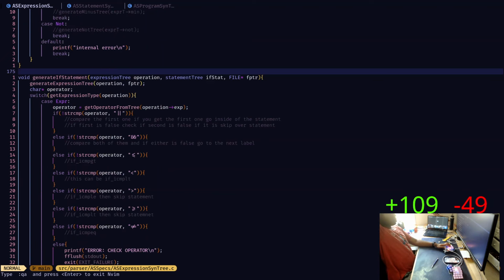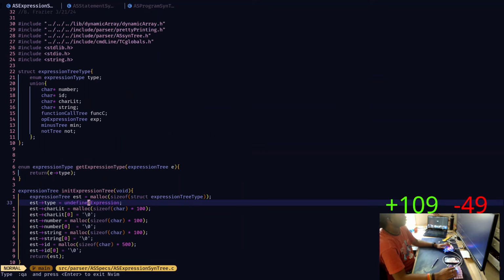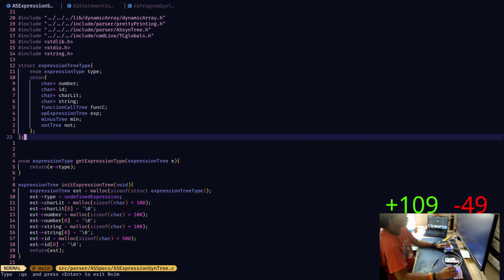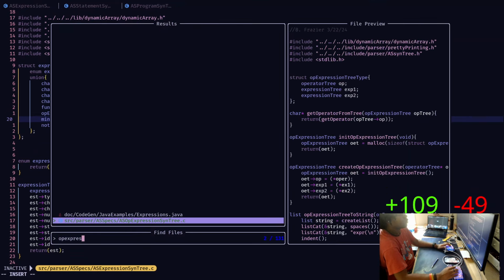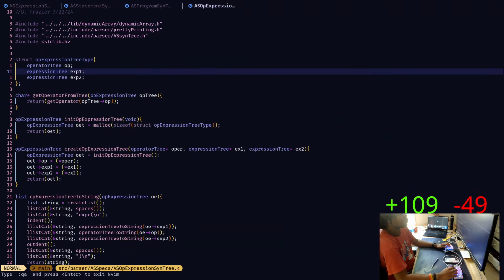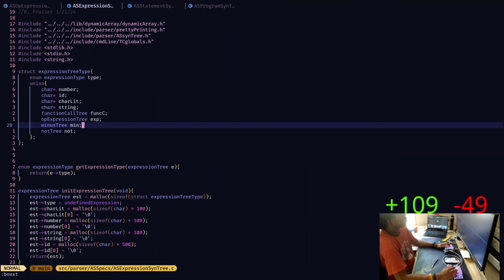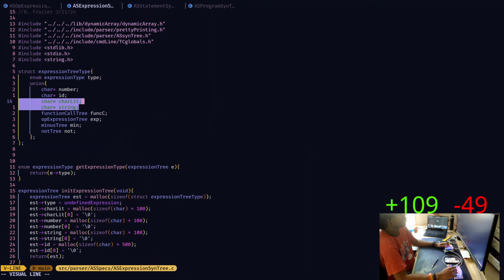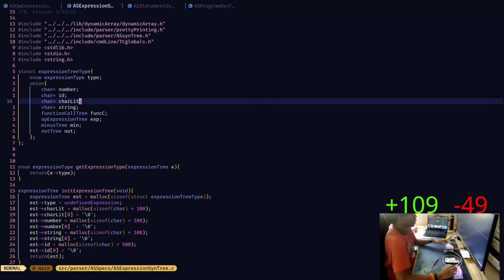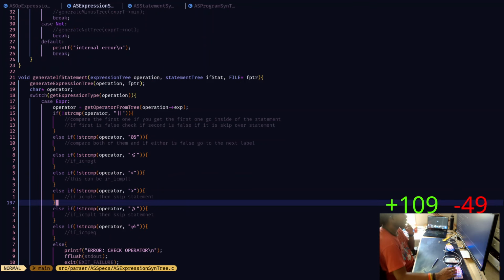Okay, so we get the expression type, which is operation. It will be an operator expression tree, which means the left side of that will be two expressions, and two expressions can be these things, but it'll be an int. Okay, how can we do this a smart way?